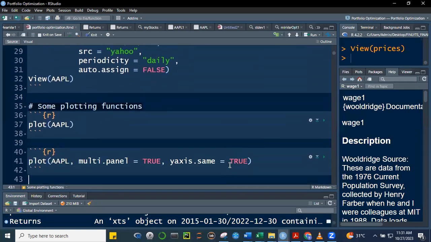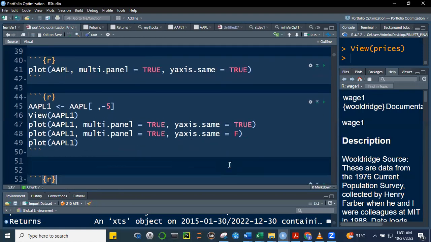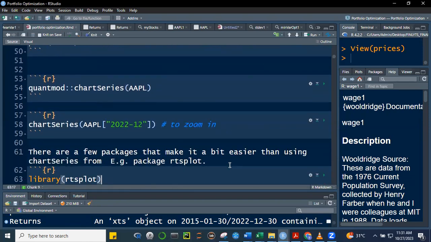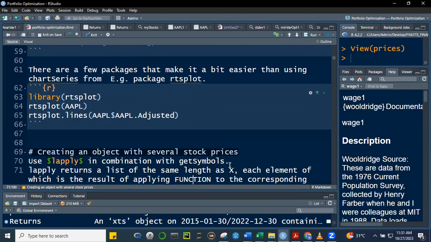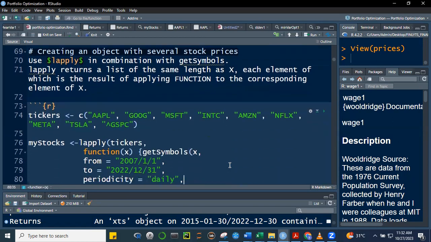Okay. So we can also make use of the plot functions of base R. We can use plot, or we can also use ggplot, or we can use the chartSeries function of Quantmod. I will not go there anymore because we have discussed it last time. We also learned about how to create an object with a list, actually, of stock prices. We use lapply, the list apply. And the function that we learned last time,